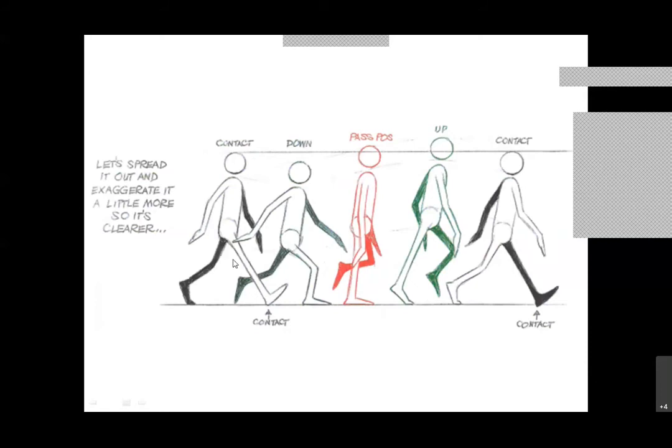Notice that here the front leg, the white part of it, was in front, but now when this back leg moves over, this leg is now in front. Notice that the hand which was on the other side, the hand that is behind him, is now in front. But what you should also notice is that when we look at the reference line at the top here, the character is at the same height. So the down is the lowest, the passing is a little bit above the line here, the up is at the highest position, and the contact